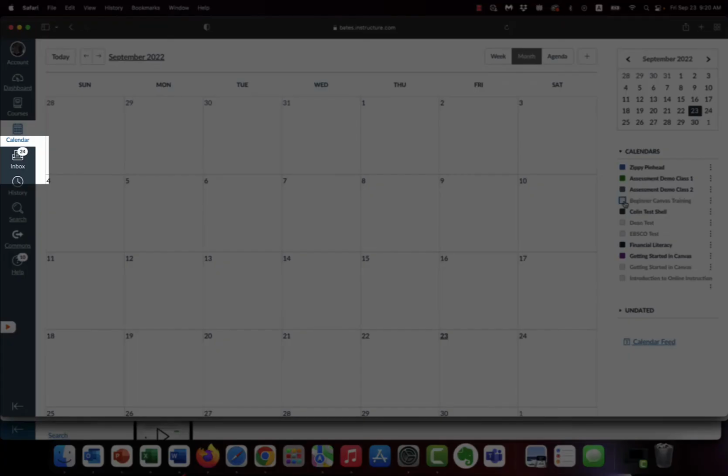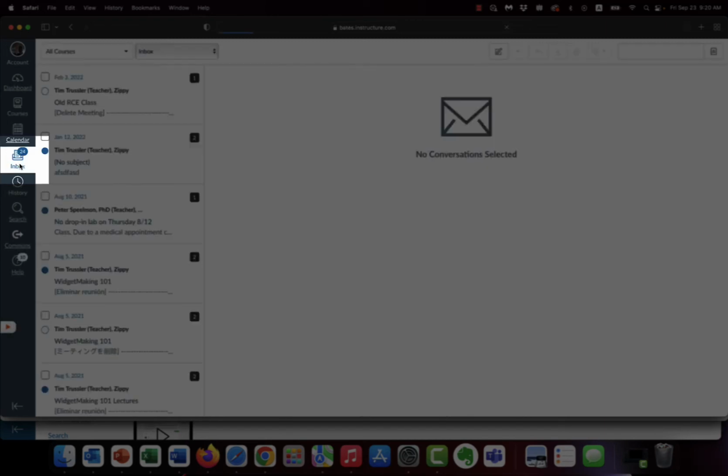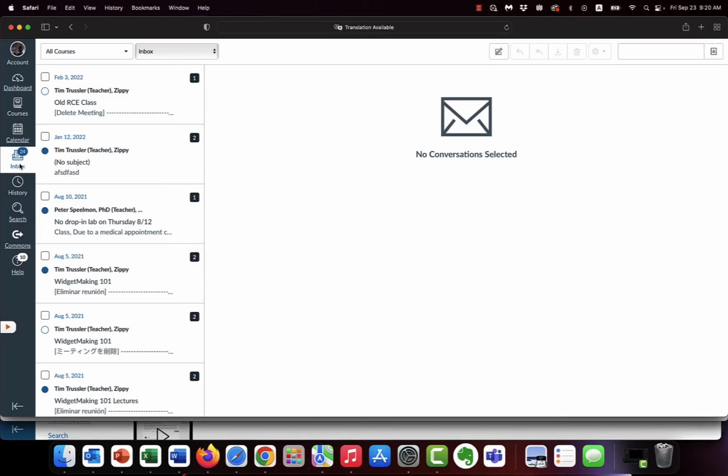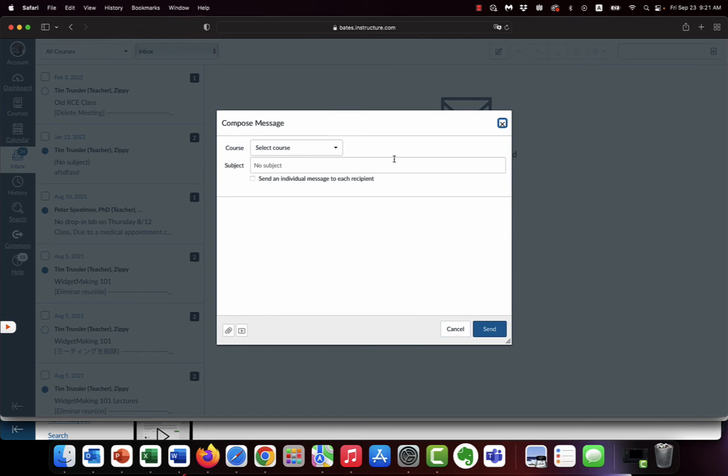Okay, and the last button to show you is this inbox button right here. Click on that link and that takes you to an inbox. You'd probably call it email. Canvas actually calls it Messenger because it's all housed inside of Canvas and that's the only people you can send it to, but it's basically email. Okay, so you can see my inbox on the left hand side. I'm going to click on this compose message button right here, and we go through.